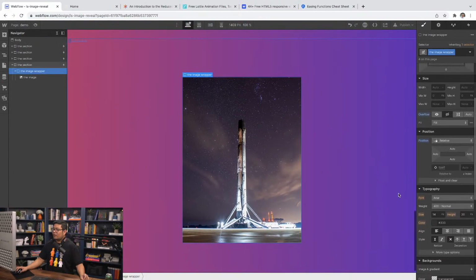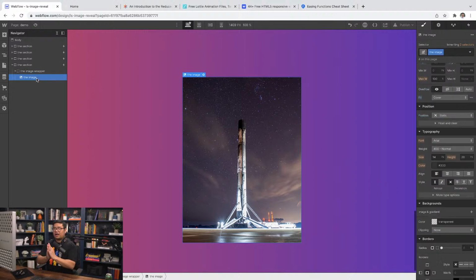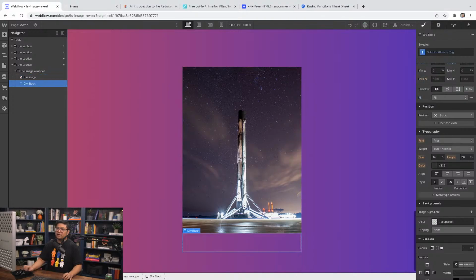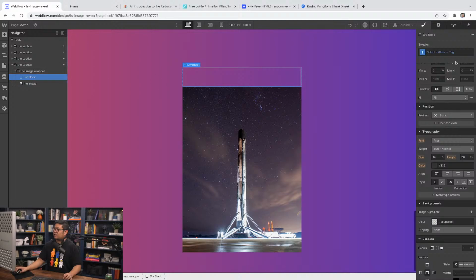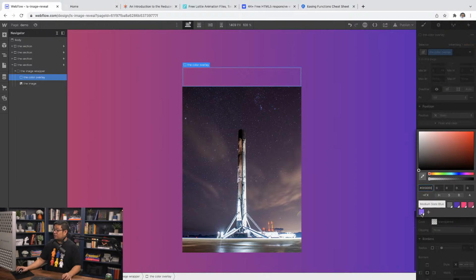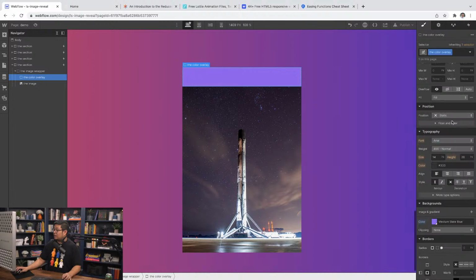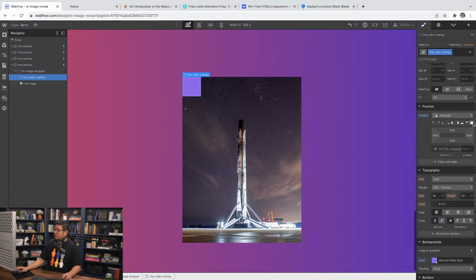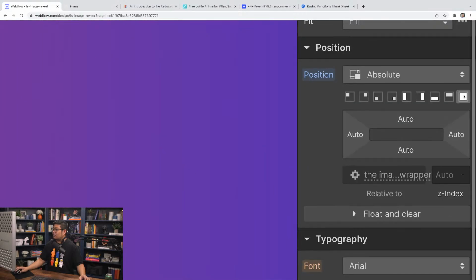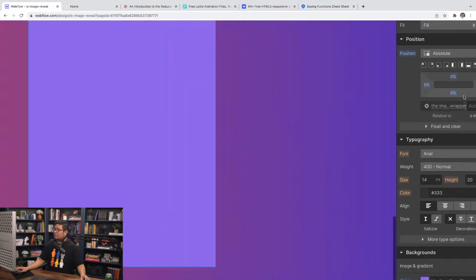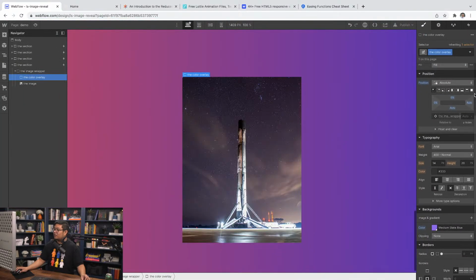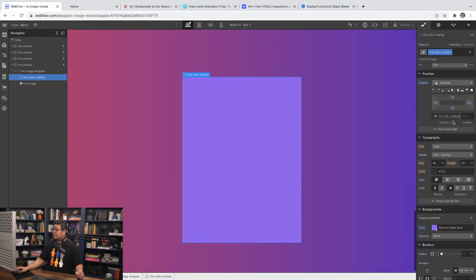Another way to think about position absolute and position relative is think of an element. So I'm going to put here a div, Command E, typed in div, and I'm going to call this color. Oh, I already created it. The color overlay. I'm going to pick a random color from the swatch. We'll choose this one. And we're going to set this to position absolute and full. And what full does, it takes up the whole thing. So I want it to take up the whole thing. And if you notice right here,